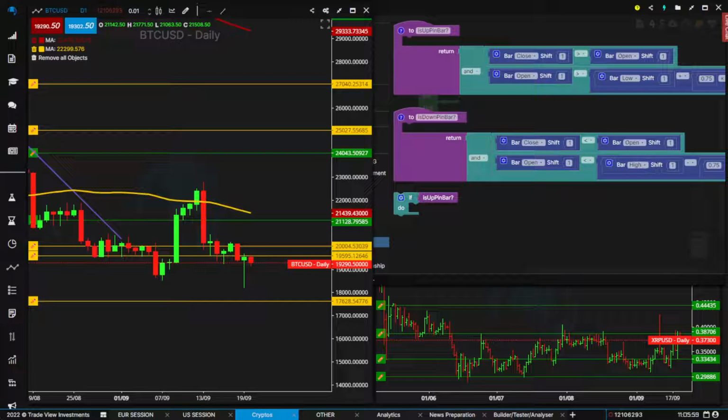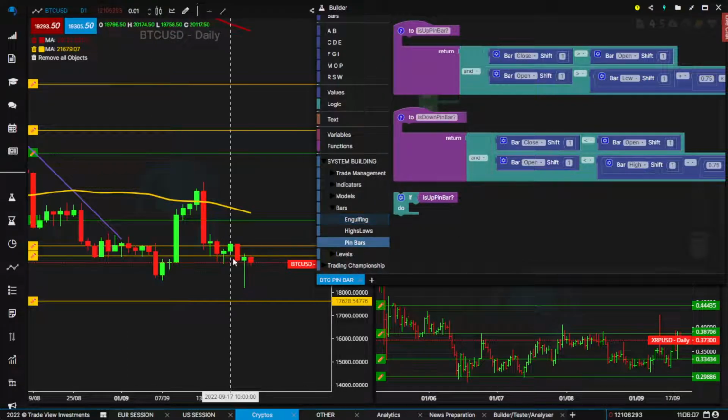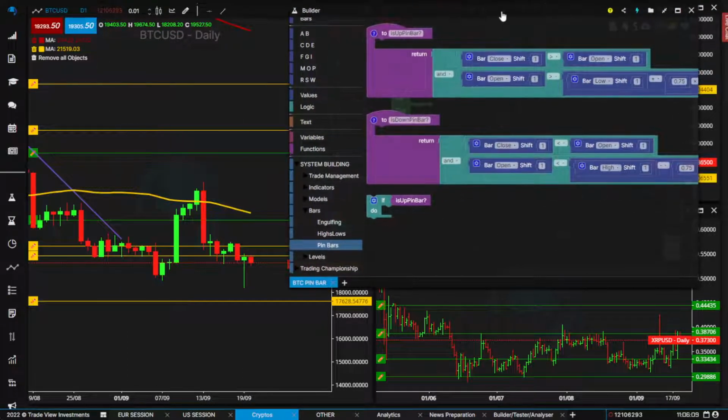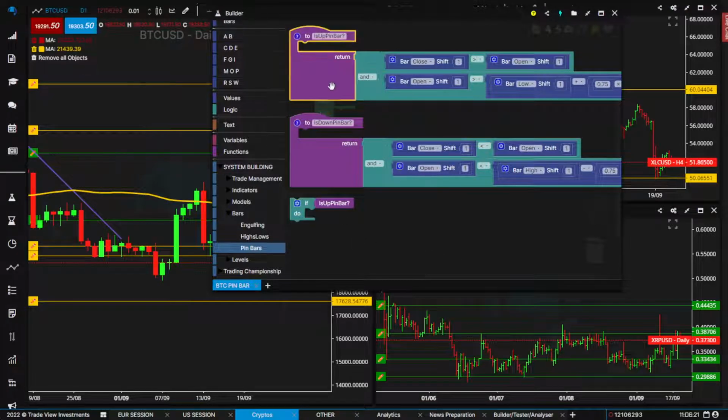As markets anticipate the FOMC decision tomorrow, I just want to highlight a couple of things, particularly on Bitcoin, and something that I would be looking to do and build within my systems trading right about now, and that's the pin bar on the daily time frame, which Bitcoin printed yesterday. Now in our X builder, you can see here we've got the ability to automate that